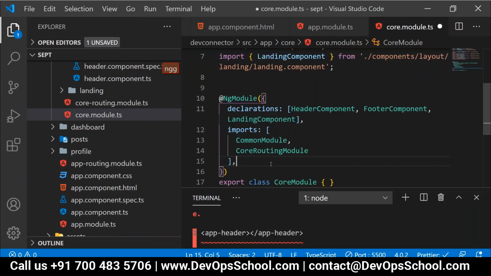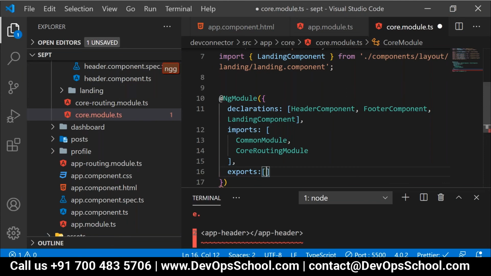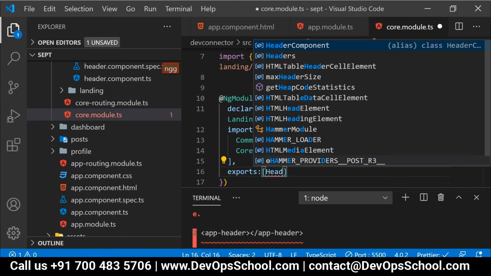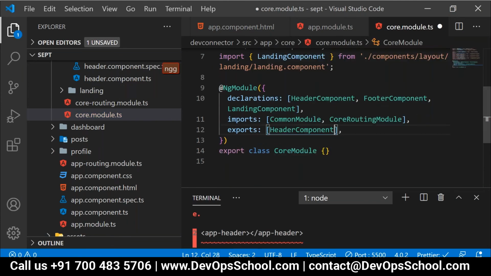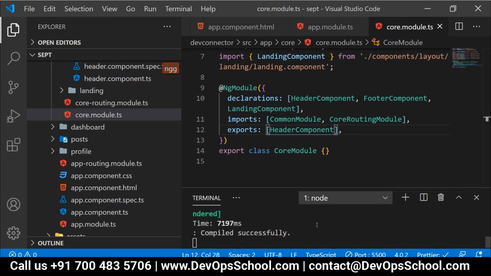Now, which components do we want to send outside, people, as of now? Header only. We're talking about the header, we'll send the header only. Correct? Now people have a look over here. After doing this, is it giving any error? Let's check it. Wait for a second. Oh, there is no error, correct, everyone?